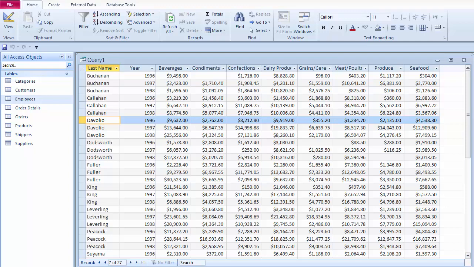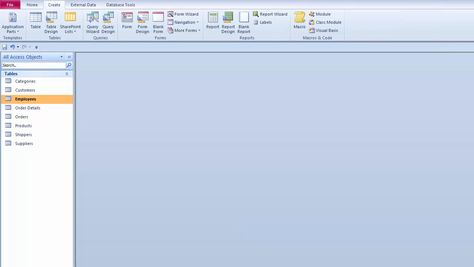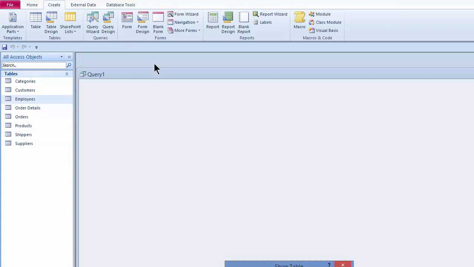In this lesson, we will take a look at how to create a crosstab query. We'll start by creating a simple select query, and then from there we'll turn it into a totals query, work on it a little more, and then finally convert it into a crosstab query. I find that working with little bits at a time, working your way up, is the easiest way to create a crosstab query. I'll start by coming up to Query Design,